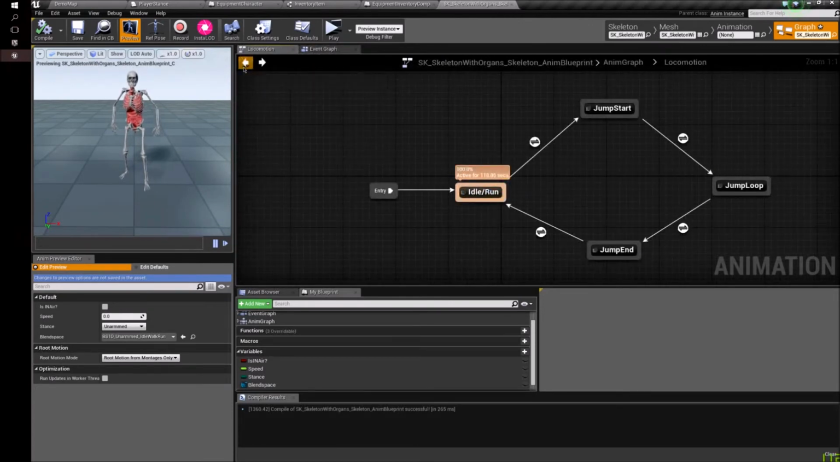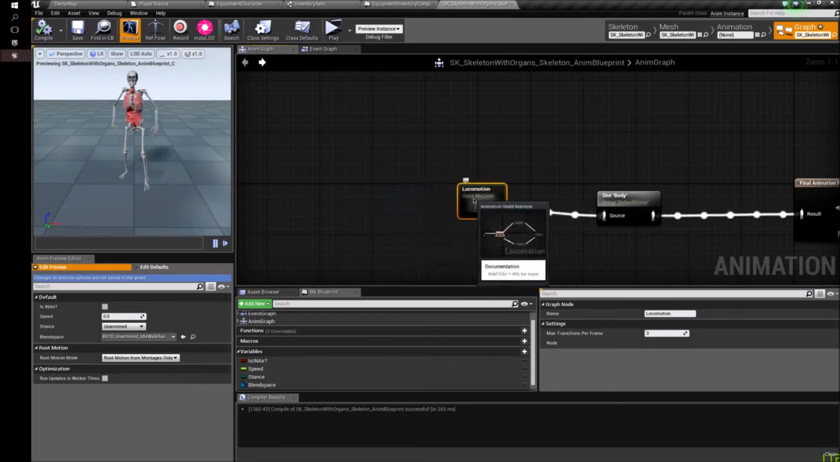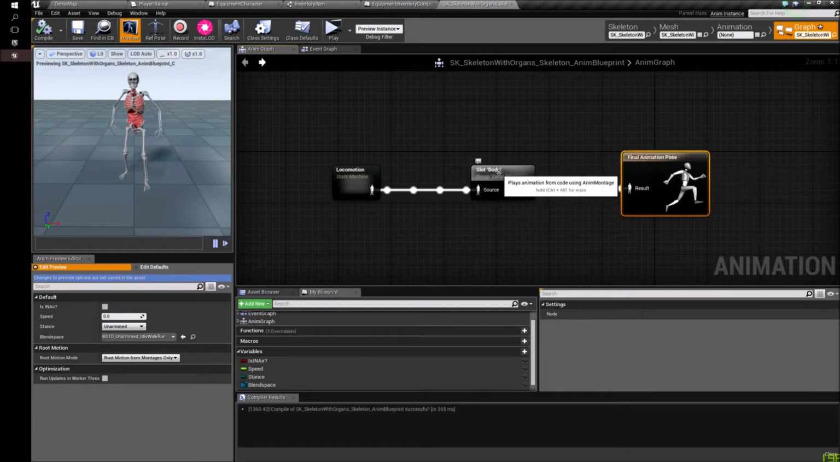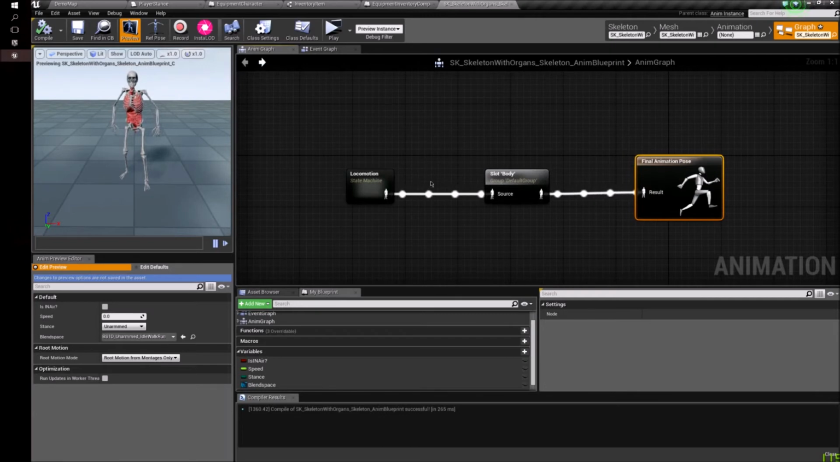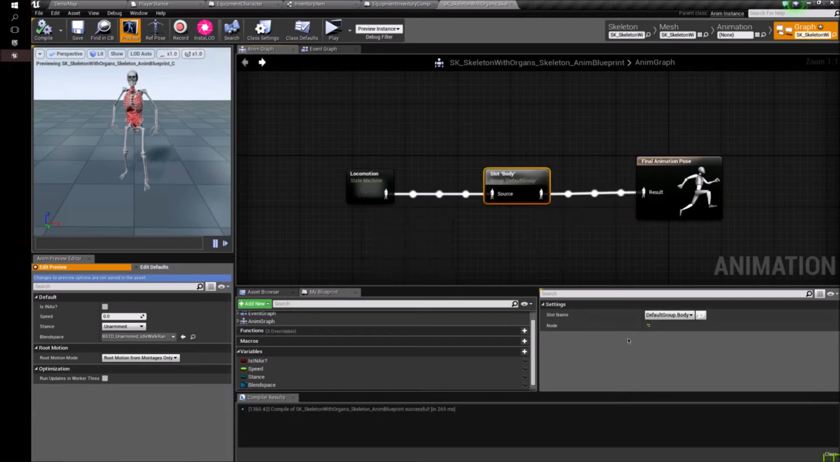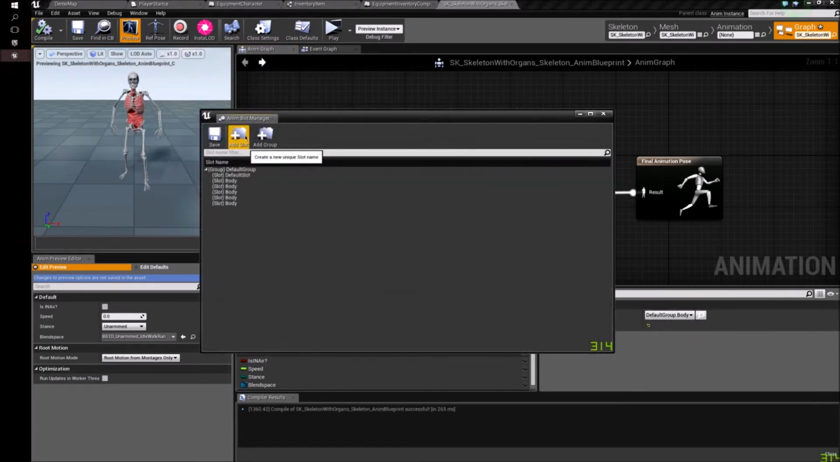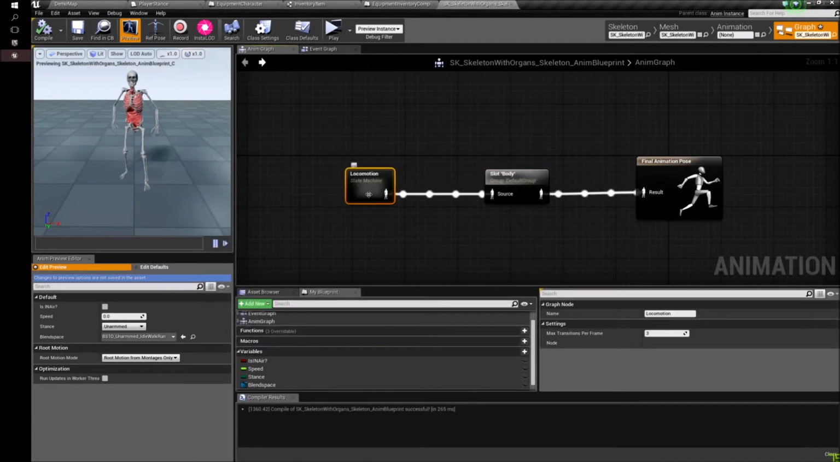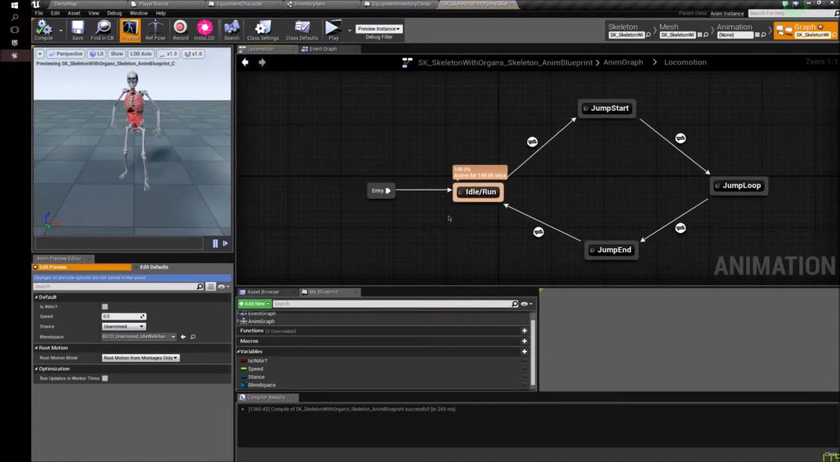So in your locomotion, a good idea is to just add a default group for a slot, so in case you ever want to play an anim montage later, you can easily. And that you just go down here, click the magnifying glass, add a slot, and then bam, Bob's your uncle. So this locomotion graph will go in here,